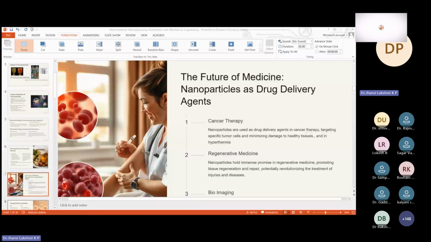Coming to the next application, that is bioimaging. What is bioimaging? There are different bioimaging techniques like MRI, that is magnetic resonance imaging, computed tomography, and positron emission tomography, that is PET scan. These are all the scans and ultrasounds which are used for detection and diagnosis of diseases. In these, whenever an MRI scan is given to a patient,